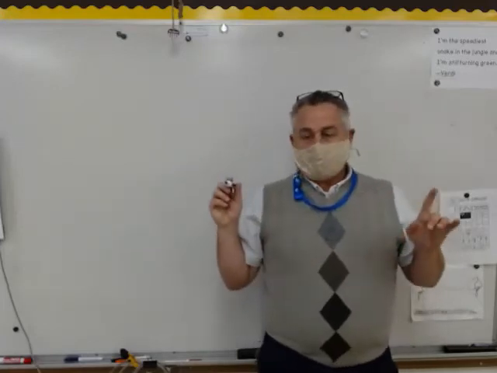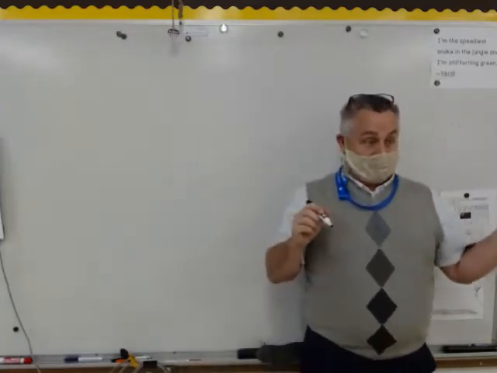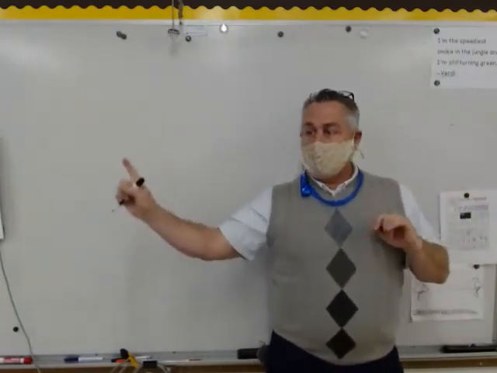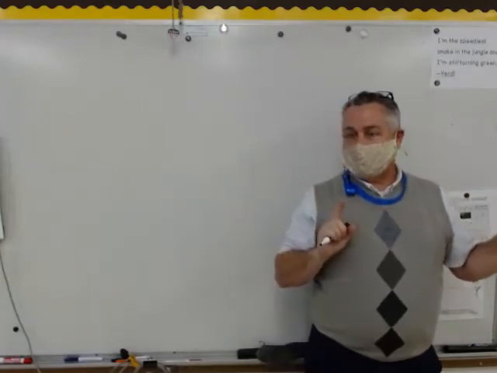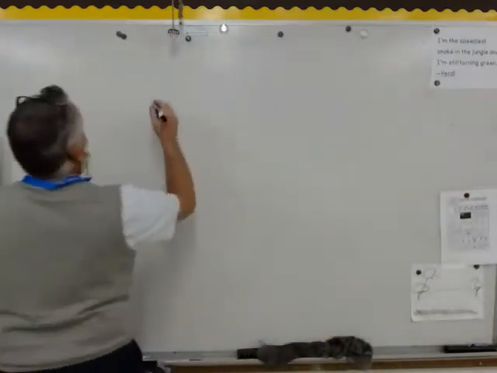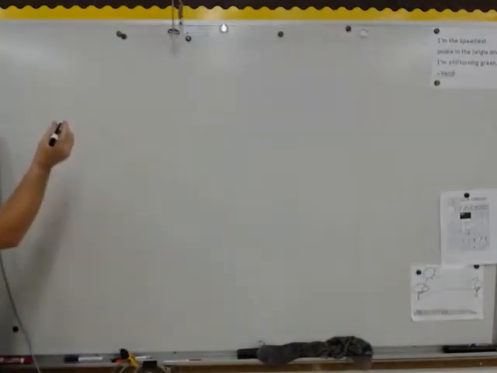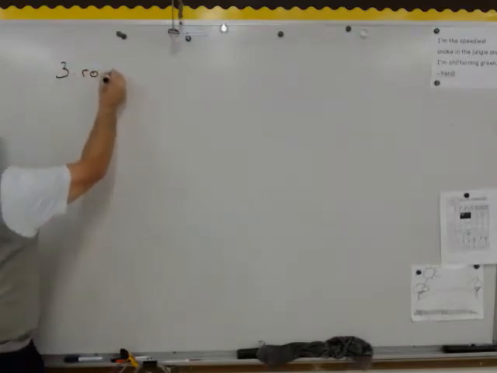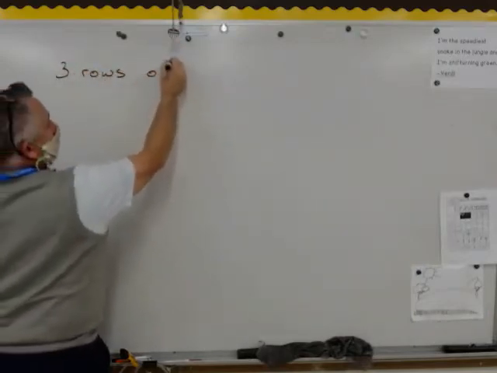All right. So what I want to do is I want to practice today making some arrays that would have been like what we did yesterday. We're going to do it one way first. We're going to do it a different way next. Okay? So here's what we're going to do. I'm going to show you first what you're going to do, and then I'm going to have you do it on a different one. If I said to make 3 rows of 6,